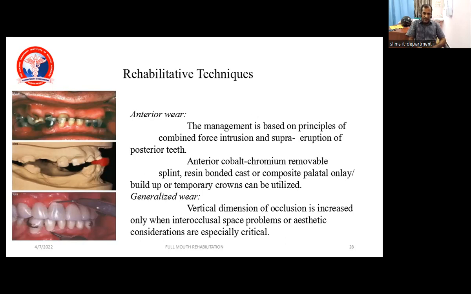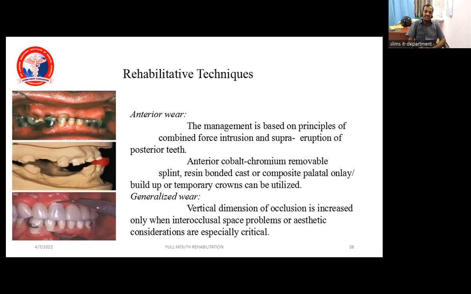Now, the take-home message should be, before correcting the vertical dimension, there is no point in replacing the worn out anterior teeth. You should allow the supra-eruption of your posterior teeth. Maintain the vertical dimension, the vertical occlusal scale, first. Then, after attaining a good facial height, there is a point in replacing the worn out anterior teeth,